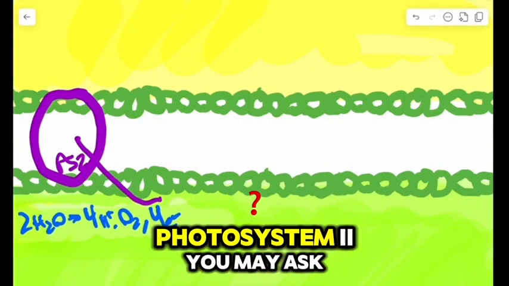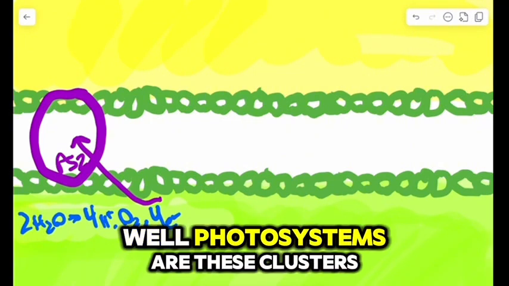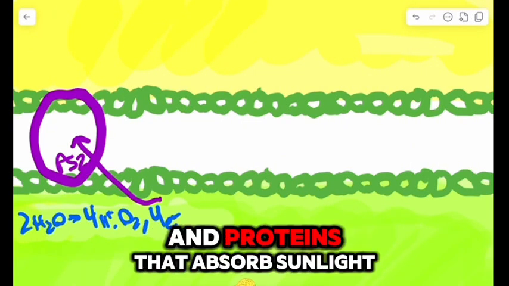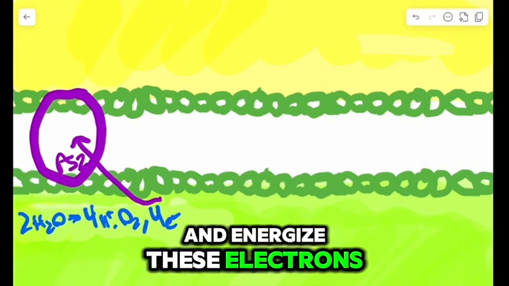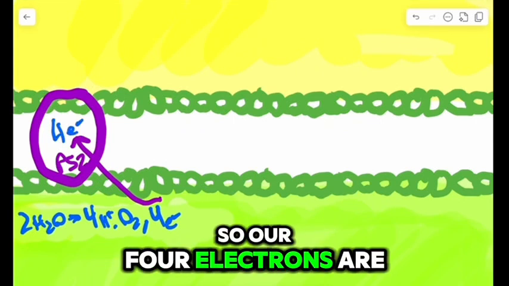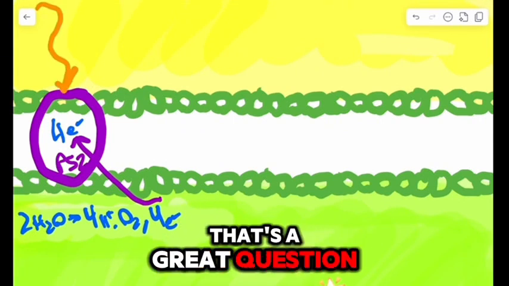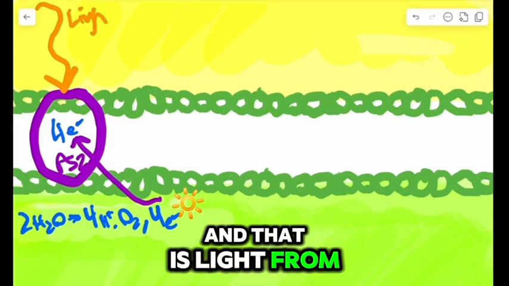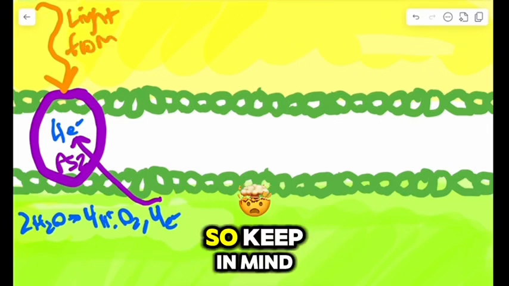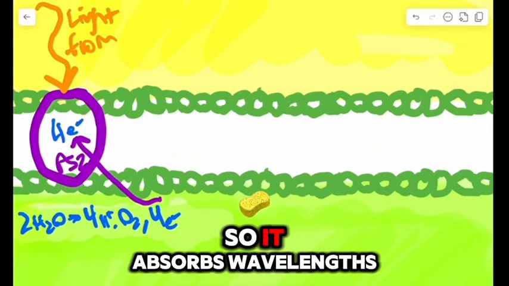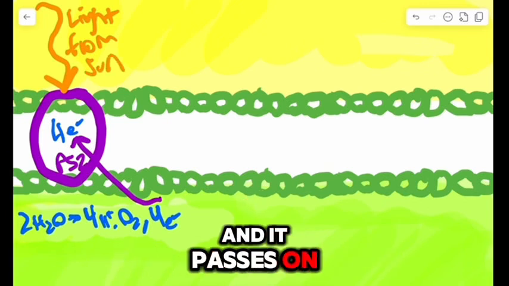But what even is photosystem 2, you may ask? Well, photosystems are these clusters of chlorophyll and proteins that absorb sunlight and energize these electrons. So our 4 electrons are getting energized, but what are they getting energized by? It's a great question, and that is light from the sun. So keep in mind, chlorophyll is a pigment, so it absorbs wavelengths of light, and it passes on this energy